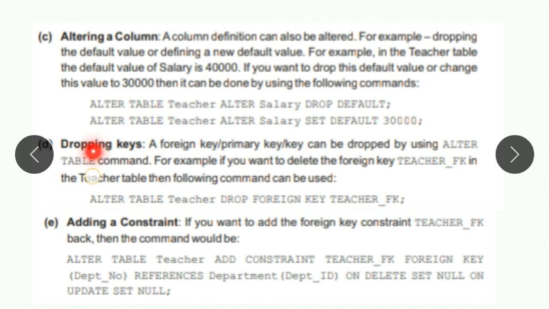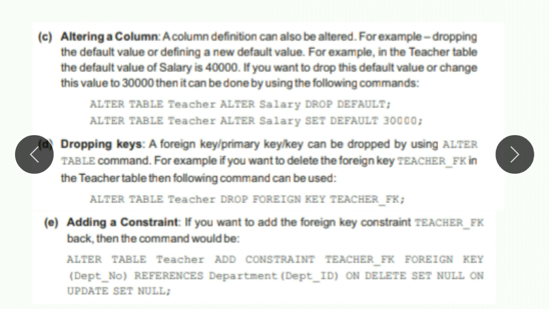Now dropping keys means if you have applied foreign key, primary key or any of the keys. Now how you can remove that? For that you will use alter table, name of the table, drop foreign key and the name of the attribute. Adding a constraint. Now how you can add a constraint again on that column?